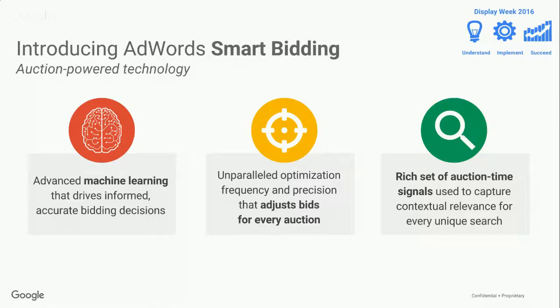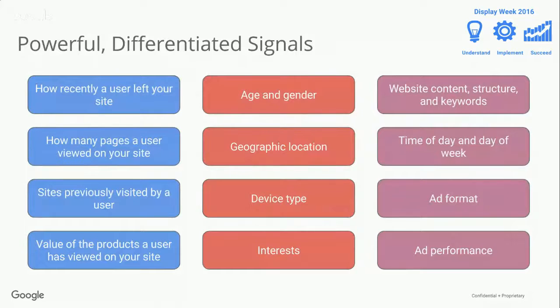So talking about those signals, here is a subset of these signals. You have different categories of signals. You have everything related to the behavior of your users, for example, the recency of the visit. Has she visited other websites before, and what kind of websites? A second category around the characteristics of the users, like the device, the age, gender, and so on. And also everything related to the context of the users. For example, what is the content she's viewing on the website? What is the time of day, the day of the week, or the very format of the ad that is shown? And all of those signals are taken into account in real time for the algorithm to adjust the bid